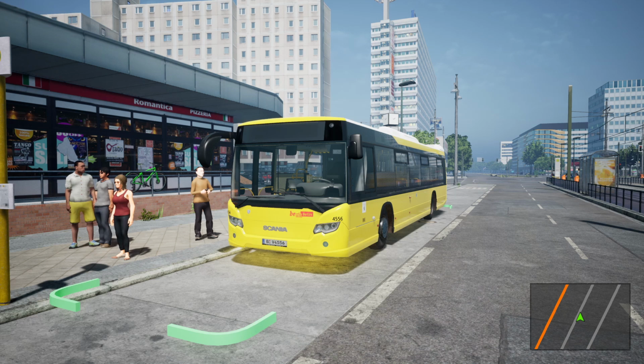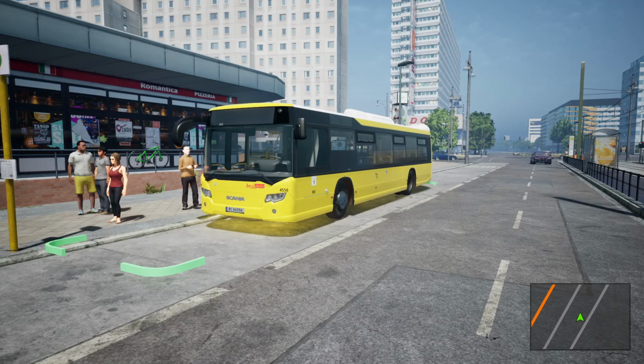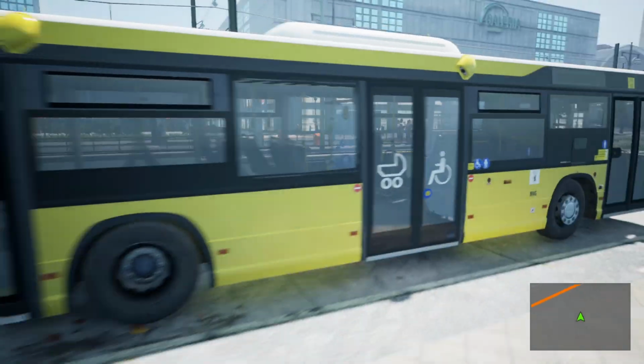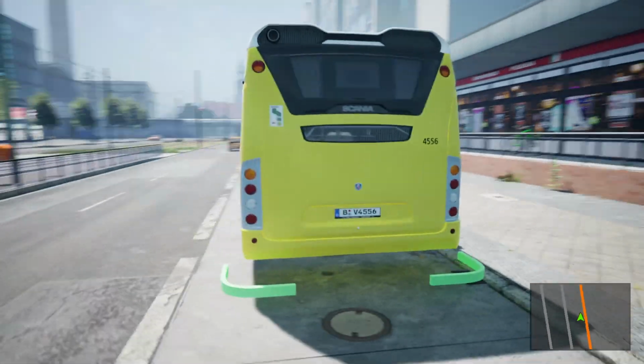We're here at Alexanderplatz about to work the TXL all the way through to Flughafen Tegel, or Tegel Airport as it is also known. We're going to be using the Scania 12 metre, the Scania Citywide 12 metre rigid. As you can see here, absolutely gorgeous bus. Really nice bus. I don't believe that they actually have the...